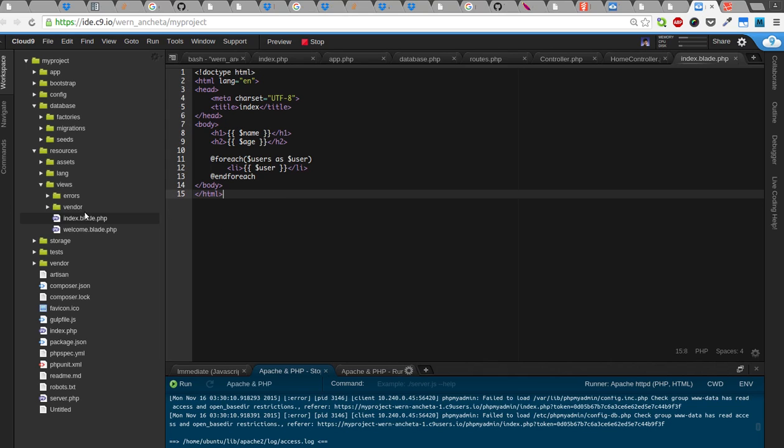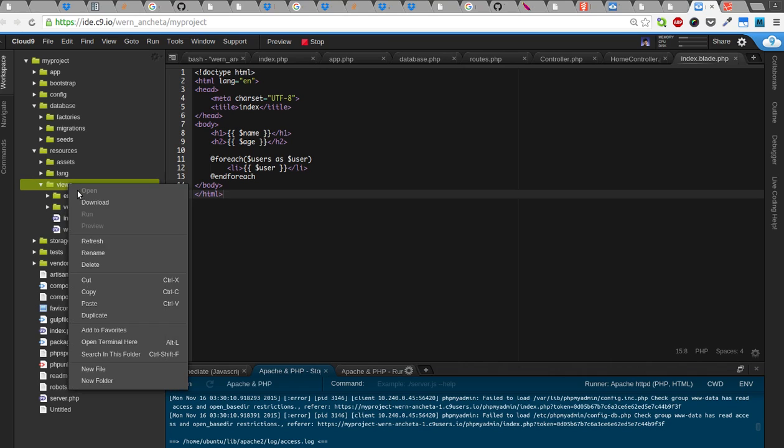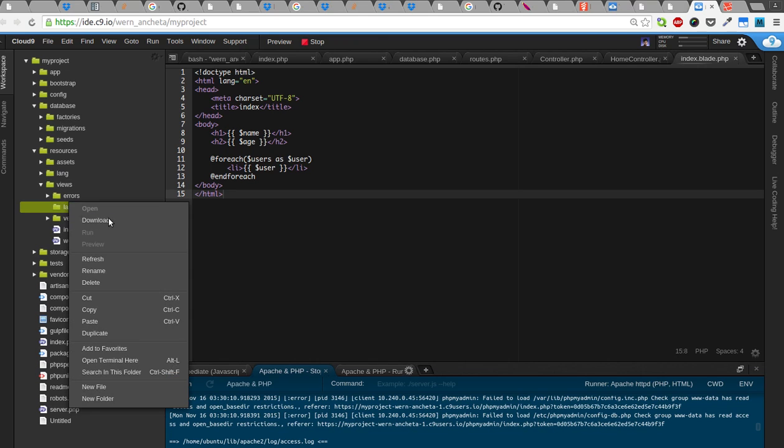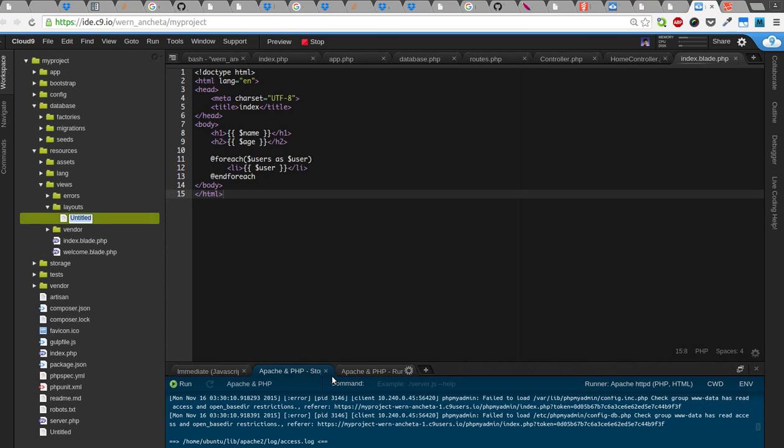So to do that, we can create a new folder under the views directory. So new folder, name it layouts. This is where you would usually store your templates. So create a new file, and then for home pages, you can define a default.blade.php. So open this,